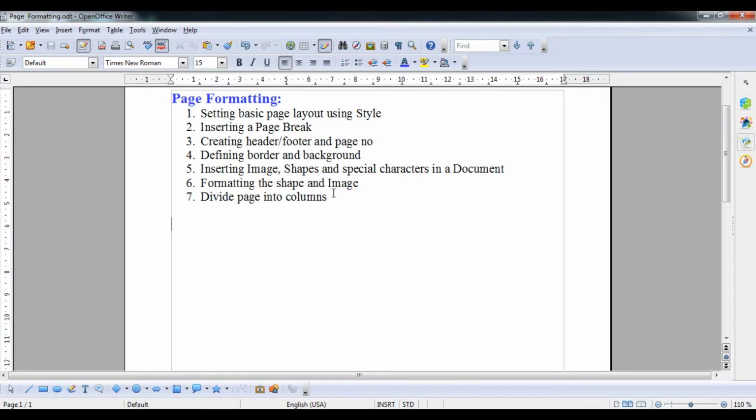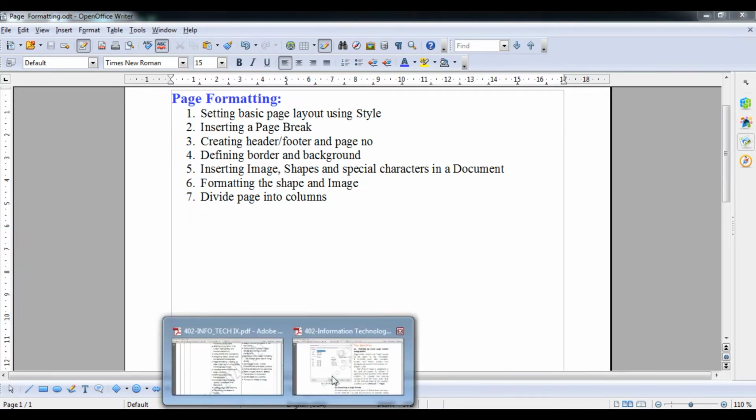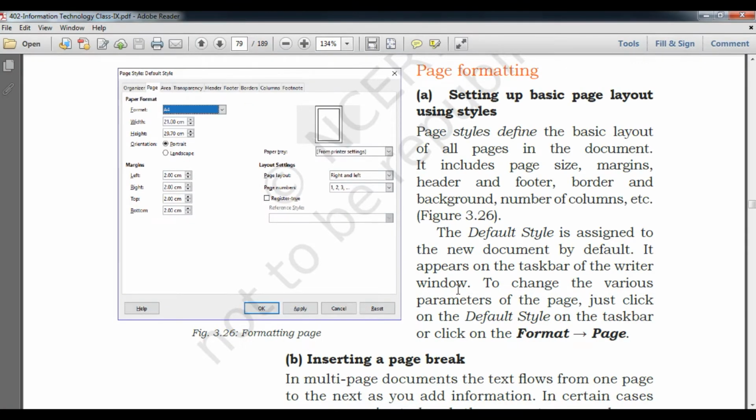So students, let's begin with the first topic of the day, that is setting basic page layout using style. Let's come to the theoretical part. Page style defines the basic layout of the page or document. It includes the page size, margin, header, footer, border, background, and columns.